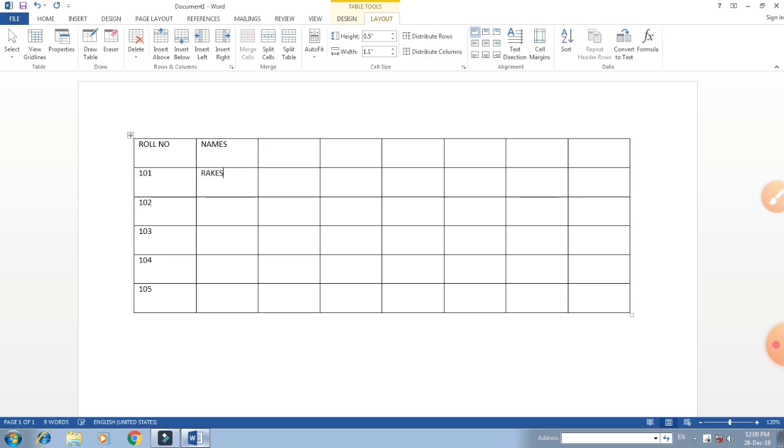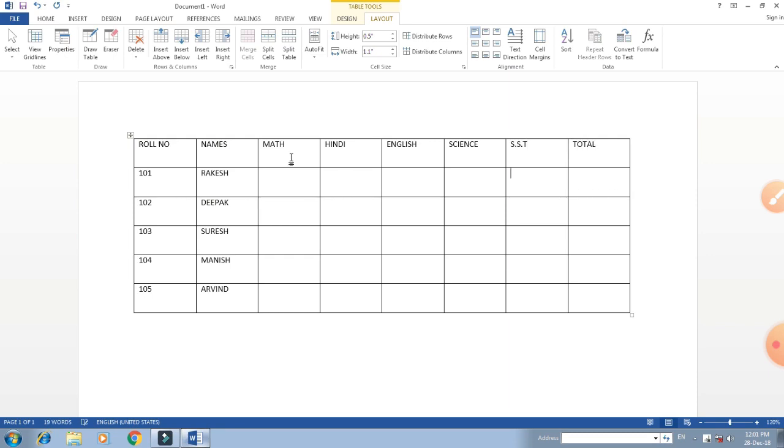We have to feed some data related to students, such as roll number and names, one by one we can write the names of the students. Then we can write the subject names: Maths, Hindi, English, Science, Social Studies, and then Total.